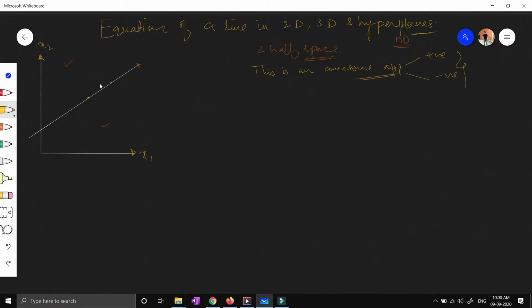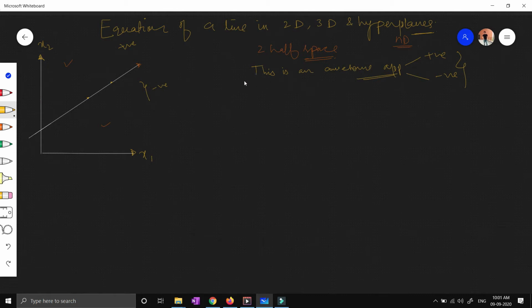Now how would I solve this particular problem? Given a text, I have to classify whether it's a positive or negative text, right? So if somehow mathematically I'm able to get this particular line, then I can divide the whole region into two spaces, okay? And I can tell that above the line is positive and this particular part or region is negative, or vice versa, right? So this is the reason we are studying the equation of a line.